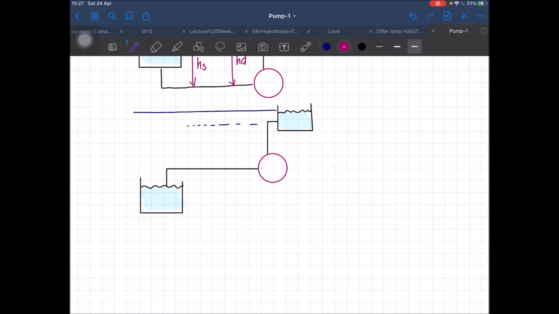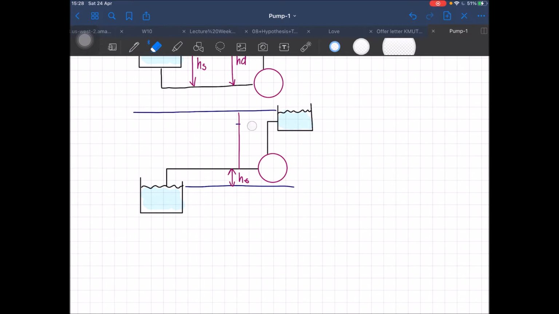We have this one. So now, what do we call this one? The surface of the water. So we compare it to the center line of the pump here. We can see that this is shorter, and this is the HS, and this, okay, wait, we don't have